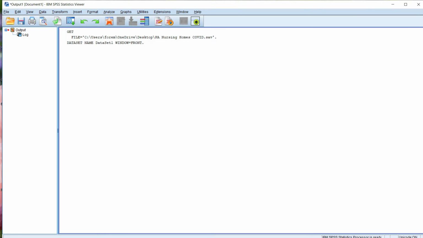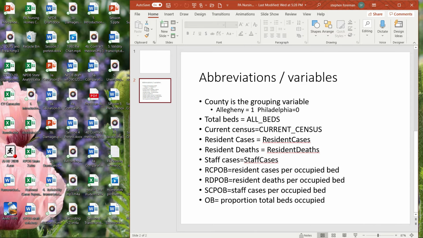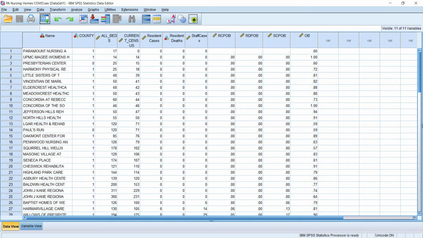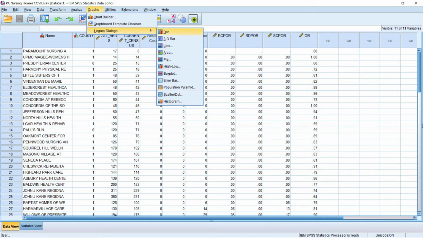So let's go to SPSS. This data set is available for you on Blackboard. Here are the data. As you can see, here's the hospital, and here are our 4 variables of interest. So let's see if we've got normal distribution, graphs, legacy dialogues,